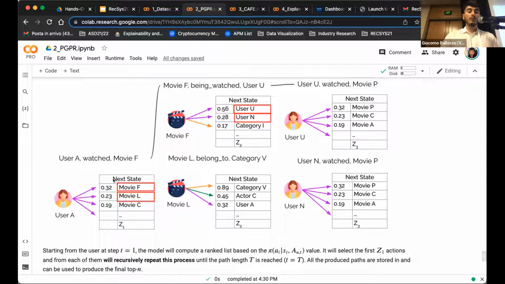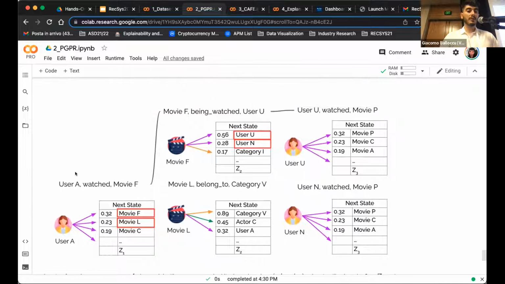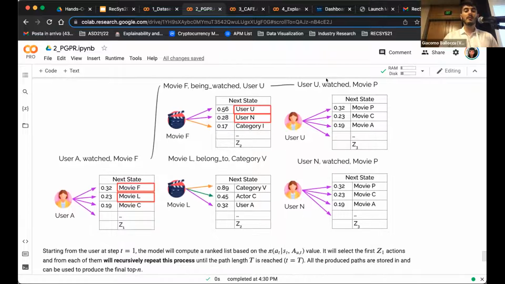And what we do is to take the first Z1 elements and simultaneously build new paths. Okay, and every one of these will recursively do the same thing. So we are building multiple paths at the same time, and at the end we will have a complete path. For example, you can see this: user A watched movie F, which was watched by user U, who watched movie P, and this is the final path